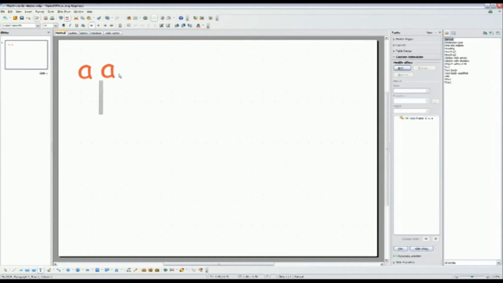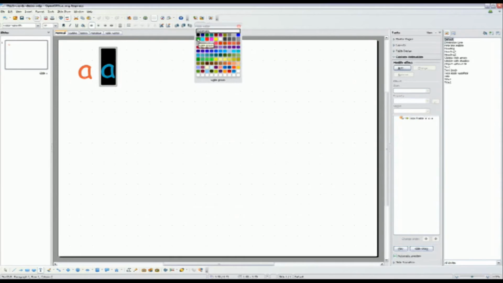Another way you can do it is with your keyboard shortcut: Control and C for copy and Control and V for paste, then just move it alongside. Now you can select the letter and change its color. We'll make this one light magenta, then make it a B,